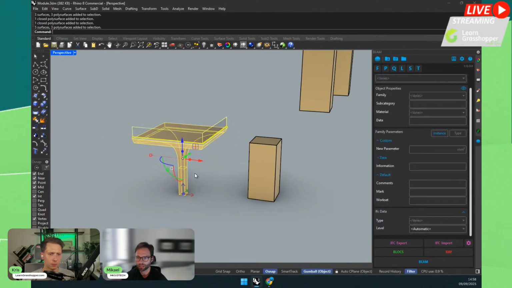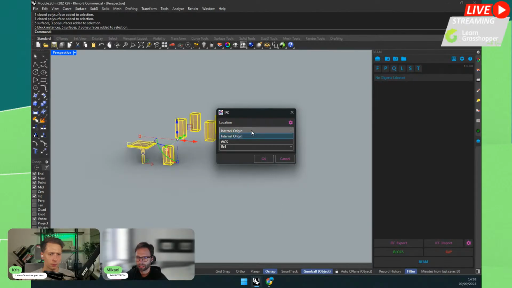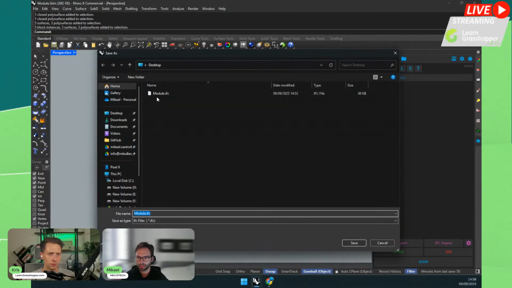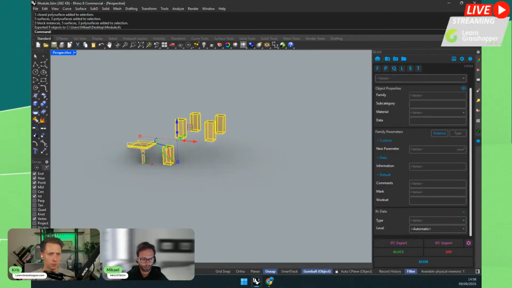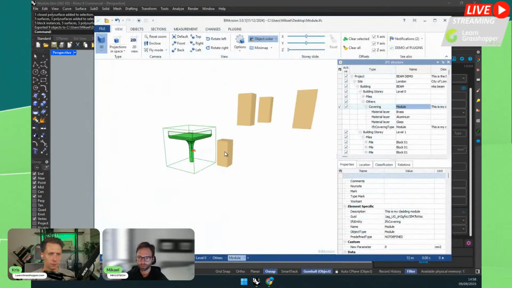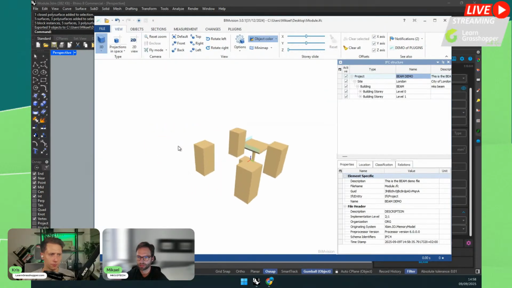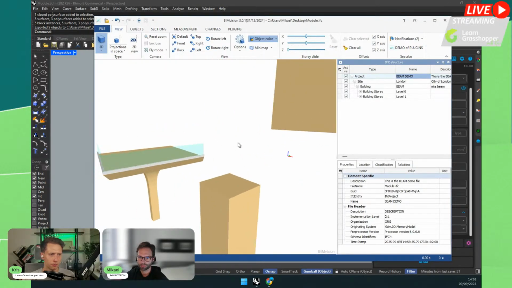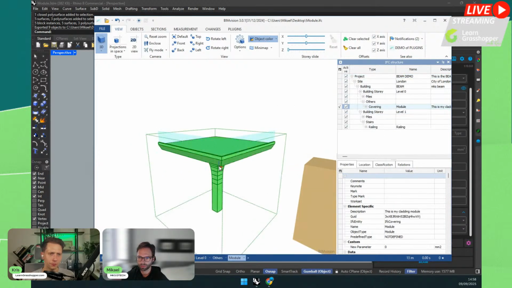Okay, so for example, if now I export again everything as world coordinate, then I overwrite this file. Okay, and now in my BIM Vision, it will probably ask me to update the file in a second. Sometimes. Okay, yes. Now this is a separate railing object from this.